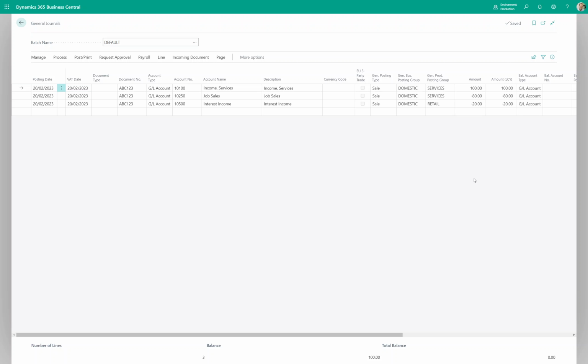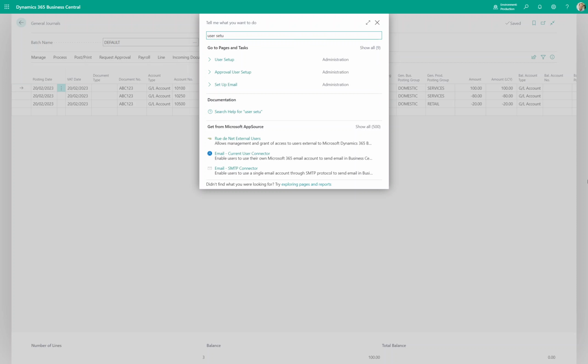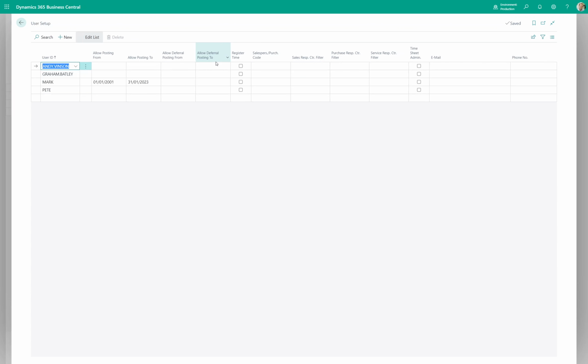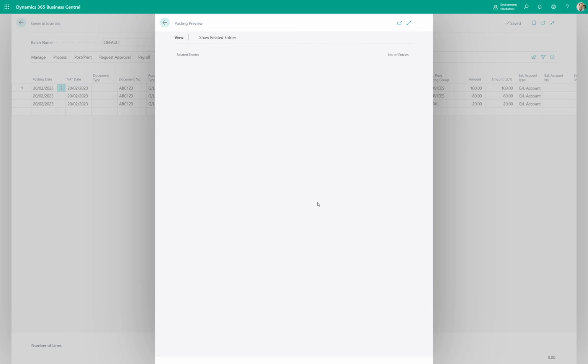And perhaps if you need to make changes in a certain period, going back in time, for example, only certain users you may open that facility up for. So you go back to your user setup, and if we needed to say that actually a particular user can open a certain period and post in that period, then you can just change the dates within there for that user, and it will take effect for them immediately. Similarly, if we take these restrictions back out again, we'll be able to see that we can post successfully within